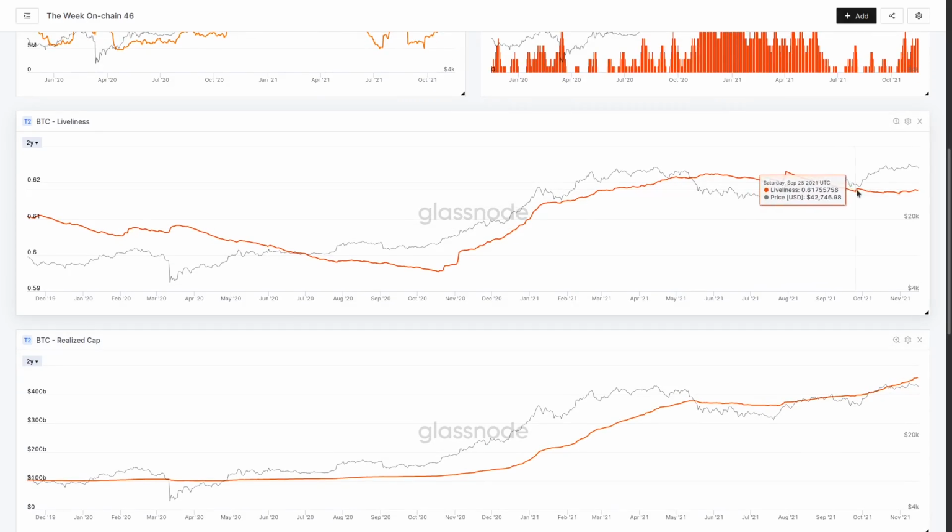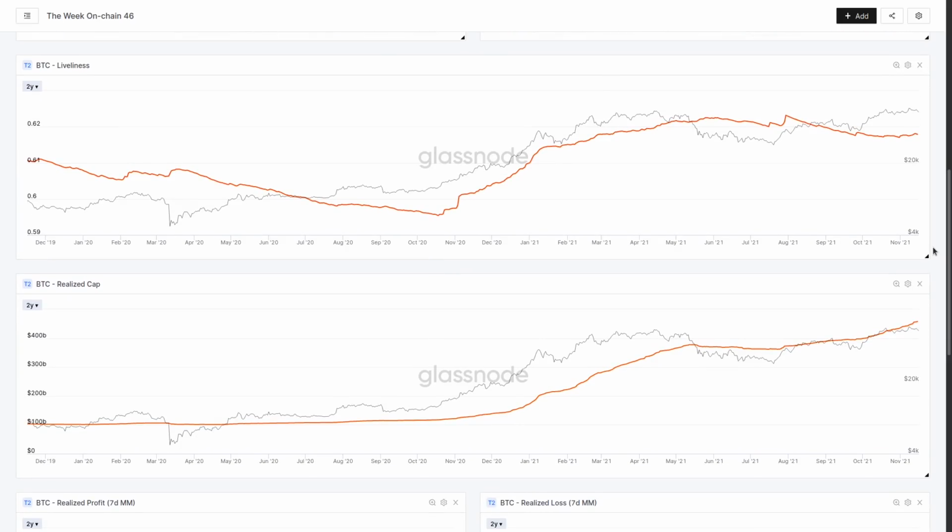Now, note that it started, not quite to a full scale. We're not seeing a full scale distribution as we saw back here. It's starting to curl around, and this is why I'm describing that inflection point. Now, sure, this could perhaps go back into some kind of accumulation period and keep trending down. But what we're more likely to see is that this will continue to trend up as price shows strength, as the market absorbs more coins. We're going to see more of these older coins come back into circulation, taking profits, as is typical of a bullish market. Now down the bottom here we have the realized cap.